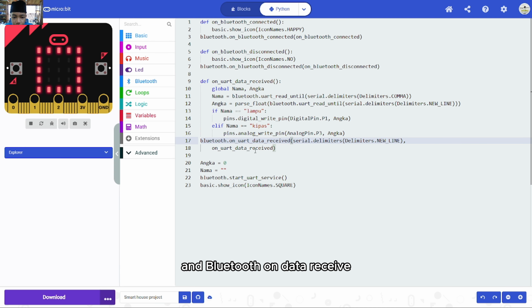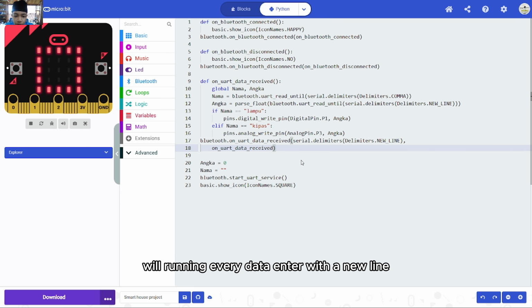Then on Bluetooth data receive, here are the delimiters. This function runs every time data is entered with a new line, or \n.